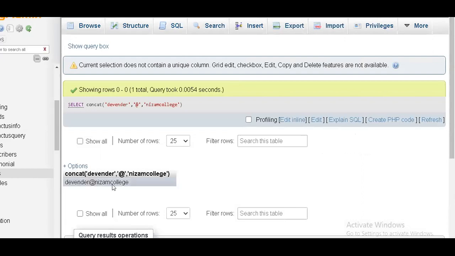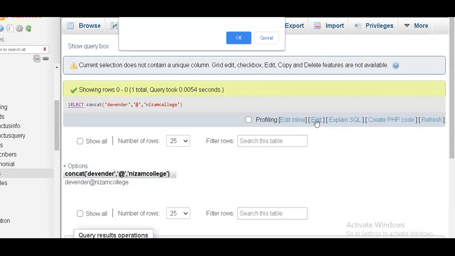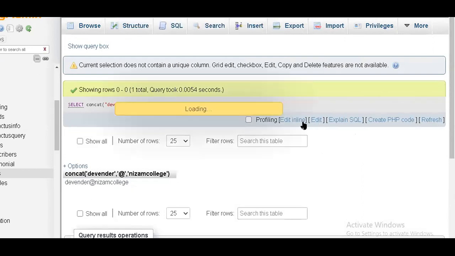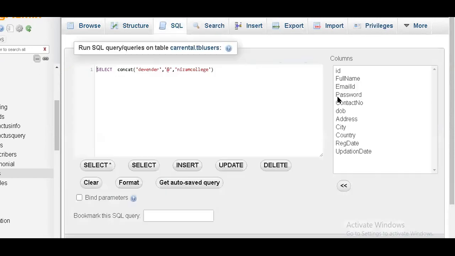Now this is not from a table. Now suppose I want to combine these three into a single value. If you have the ID, full name, or you are collecting first name and last name, I want to combine them into a single word. So I'll be using concat.